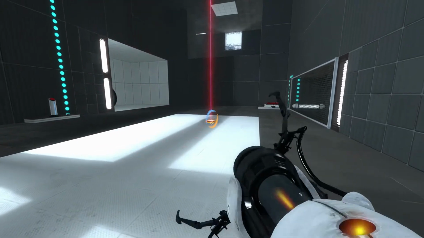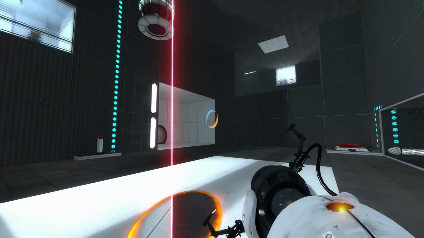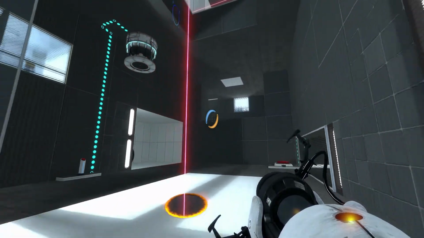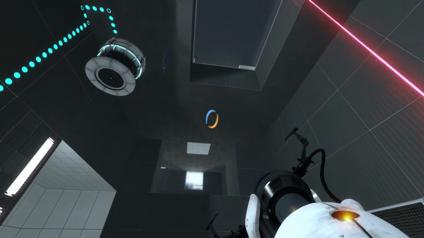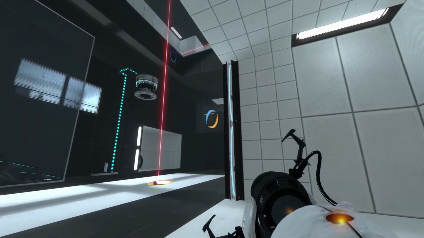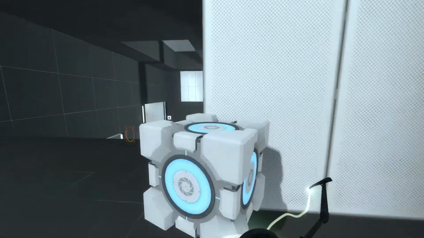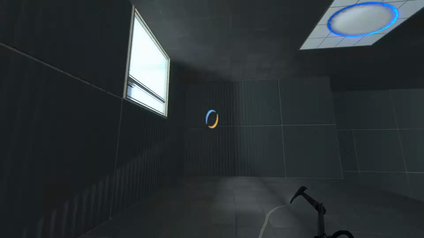Hold on. Odd. Did something just dispense up there? That was very strange. Oh, I see what he's done. The activation of this laser actually causes that portalable surface up there to become active, allowing the player to grab the cube and use it more reliably